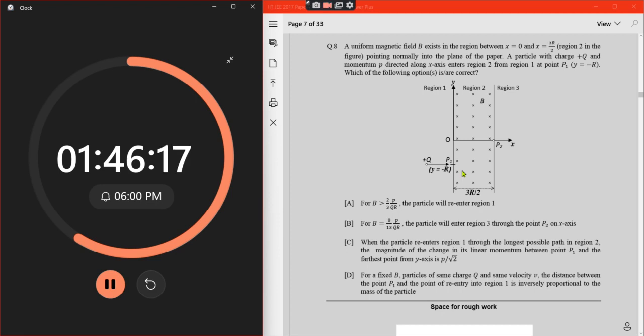mv square upon r is equal to... what was it? Yes, okay, qvB. That's the force. So v goes away. Just get p upon r is equal to qB. Right. So for B bigger than this, like B is equal to, actually like r is what? R is p upon 2q. Sorry, p upon qB. And this thing should maybe be 2/3, how is it coming? Will re-enter region 1. It's just going like this, so it should just